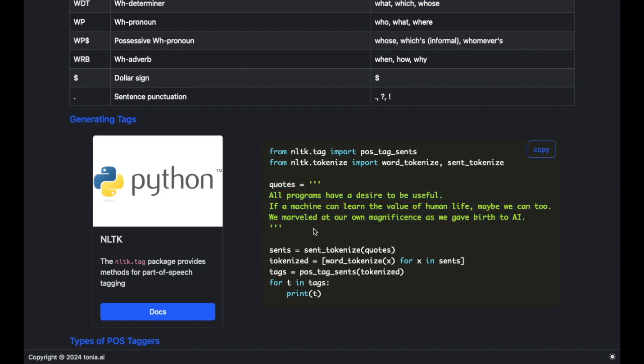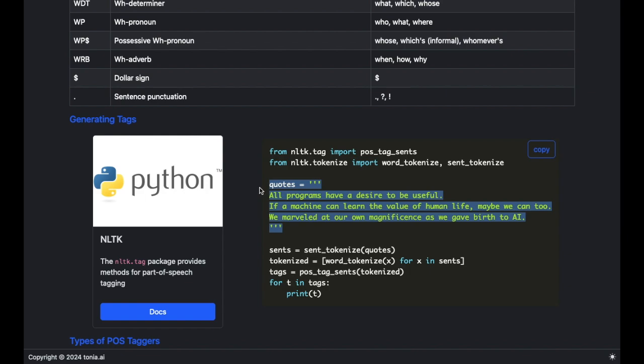In this case, the sentences are all quotes from movies related to AI. So we have the sentences: "All programs have a desire to be useful." "If a machine can learn the value of human life, maybe we can too." "We marveled at our own magnificence as we gave birth to AI." So imagine this